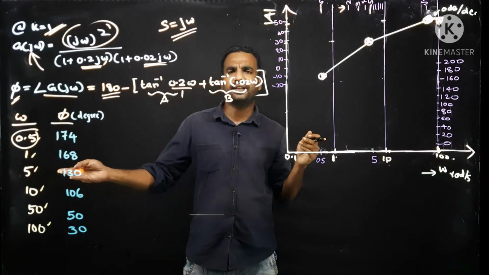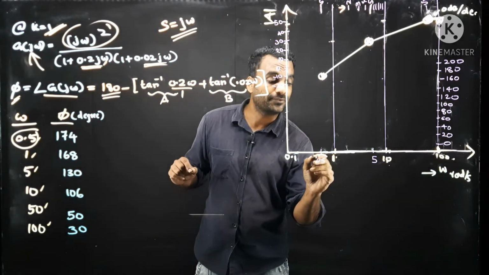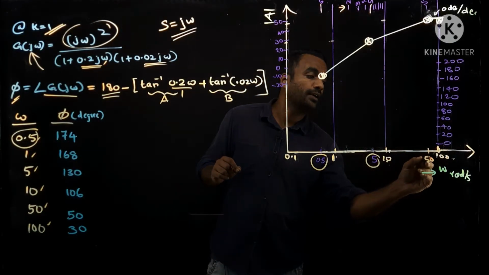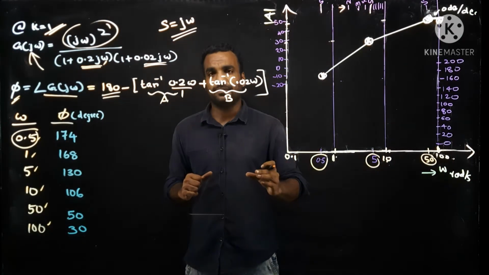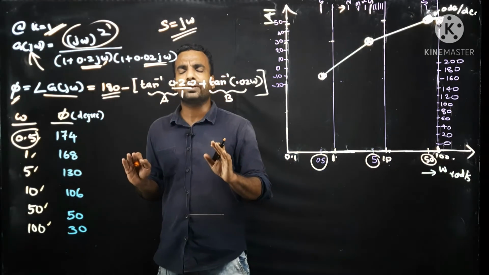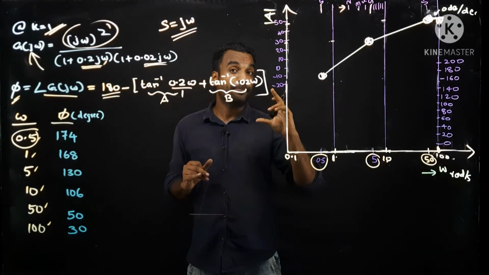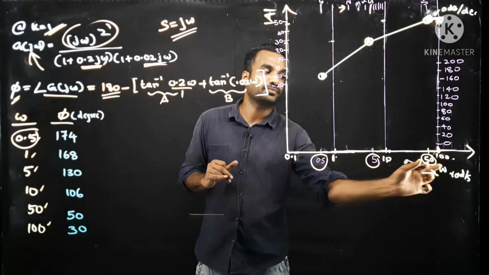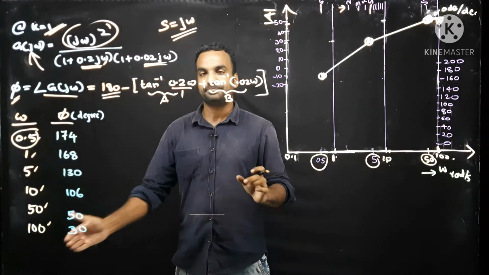So any frequency I can take, but always be careful that you should take these frequencies, the frequencies which you are given for calculating magnitude. Those frequencies are essential, and you can take more frequencies. That will not do any harmful thing. It will help you and your figure will be more accurate, but you should be very critical to select these values. This is compulsory to select these values as omega.